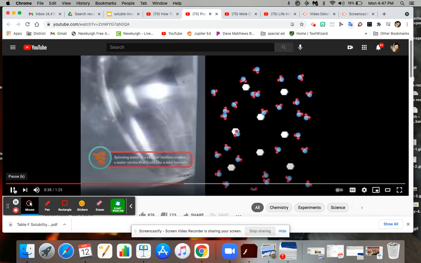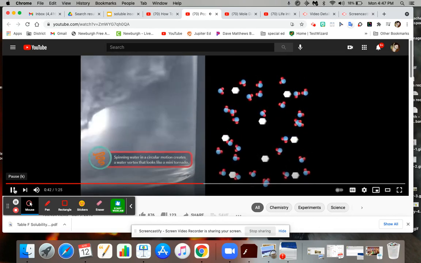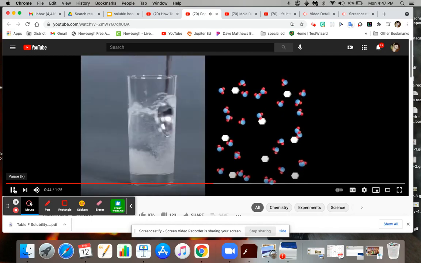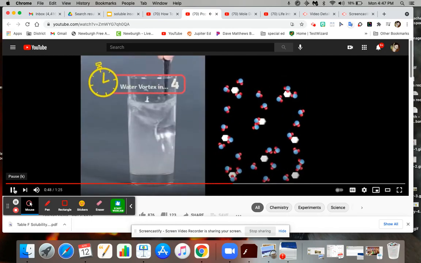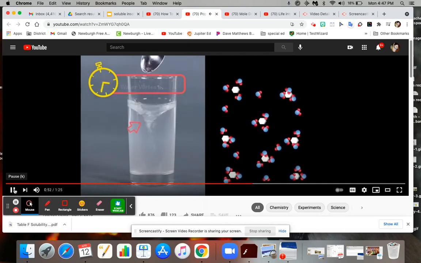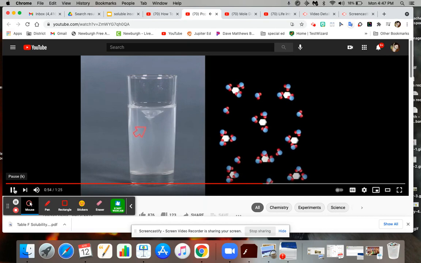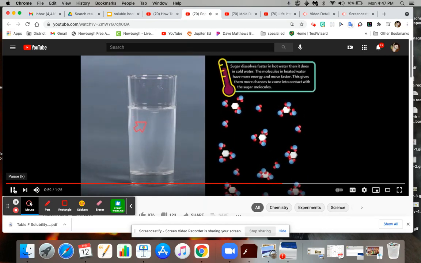The reason the sugar seems to disappear is because the sugar molecules are more attracted to the water molecules than they are to each other. When the water is stirred, the sugar molecules mix with the water molecules. The water molecules insert themselves between the sugar molecules and begin to surround each individual molecule. The once clumped together sugar molecules are now more attracted to the water molecules, which is why they easily separate